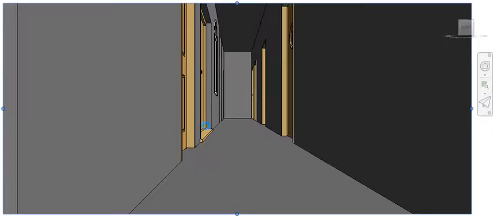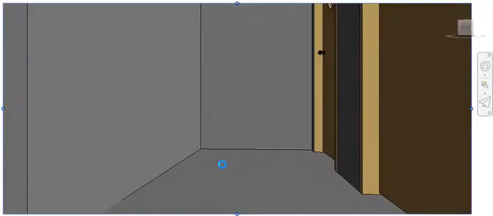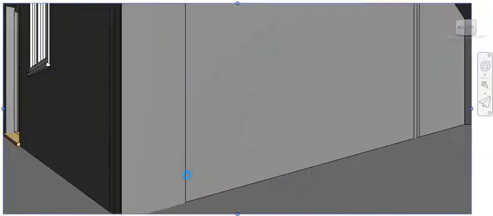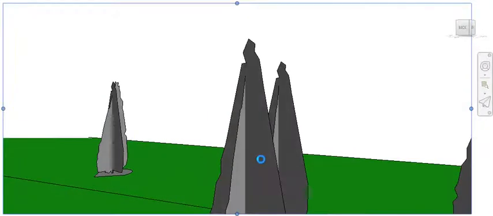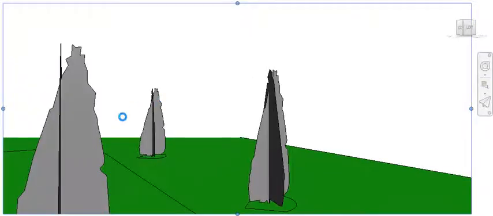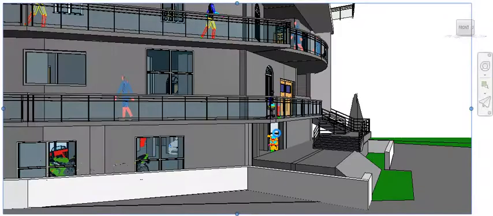This is the main door to enter the first floor. Here is a passage of 4 feet, and this is a second passage. There are front doors, so you can go outside from the building, and you can come again into the balcony. So it is a first floor passage.